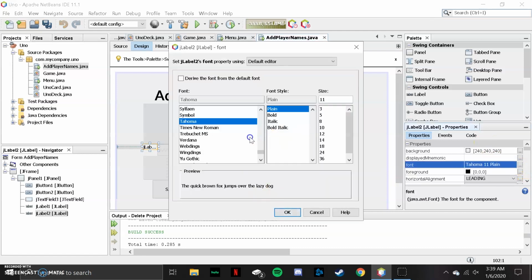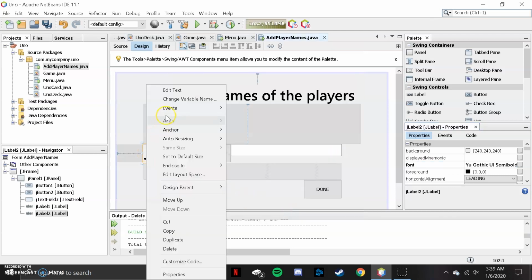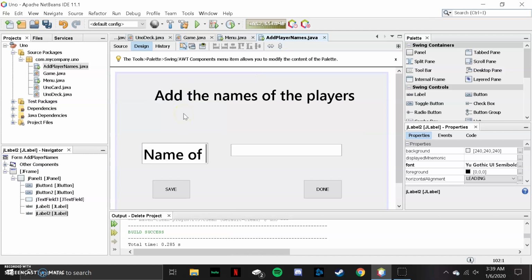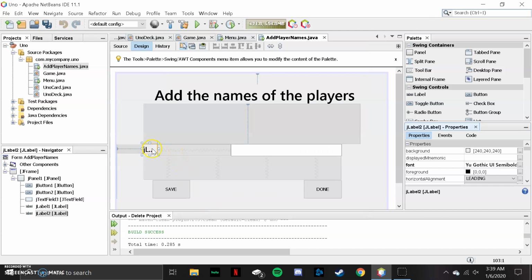Change this to 36. Name of the player. And then this one should actually be 18. I have to redo that. Name of the player. Alright, now that that's sorted out,